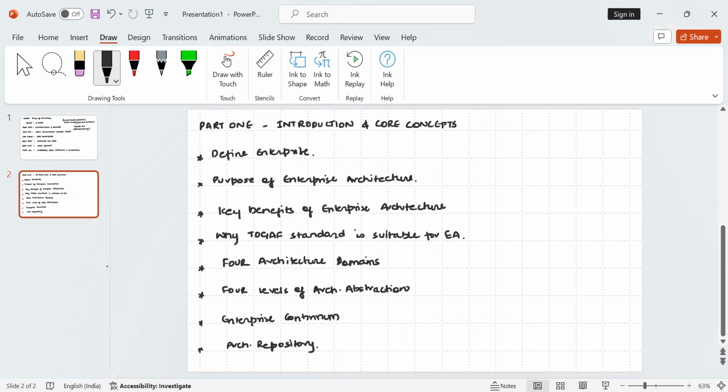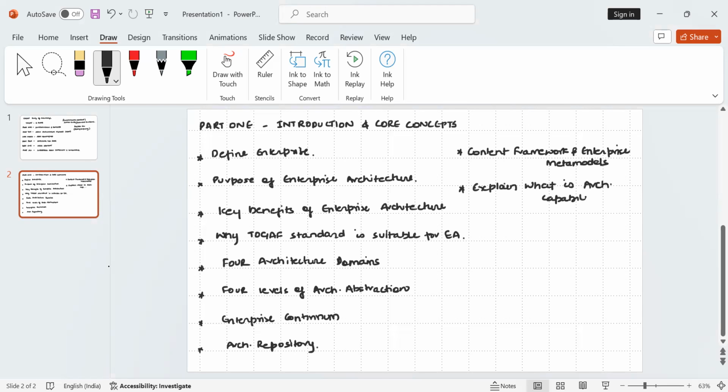Okay? Then what is the next we have to study? The next we need to know is about the content framework and enterprise meta model. What is a meta model? Model of models. Then we have to understand and explain what is architecture